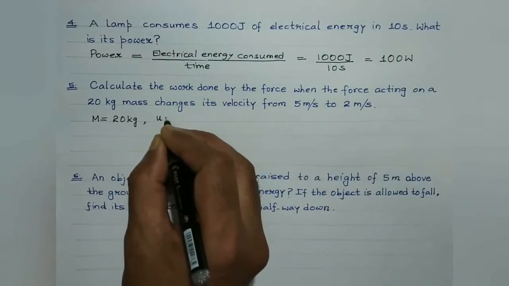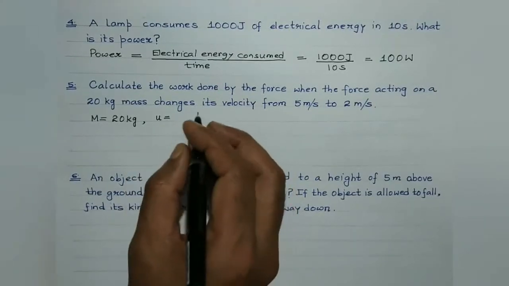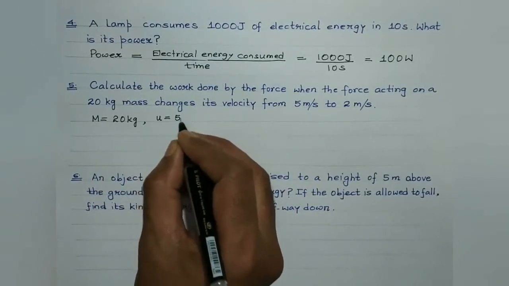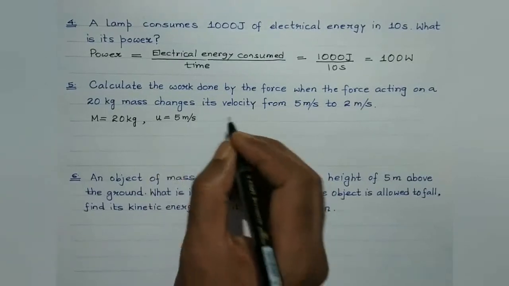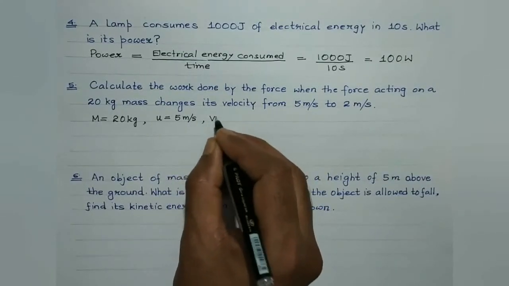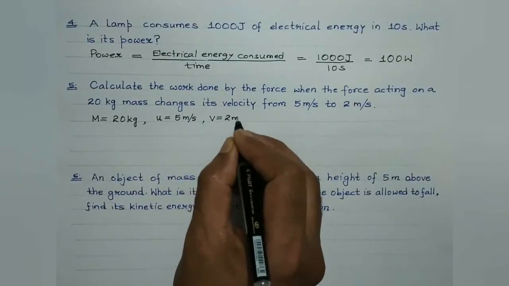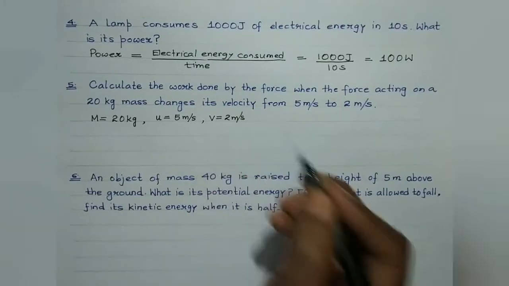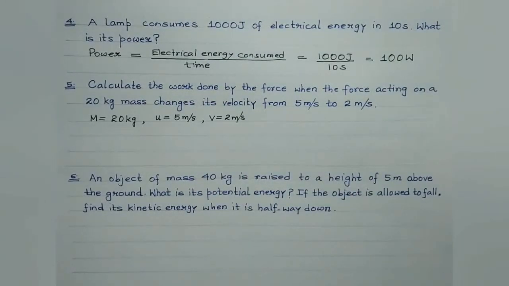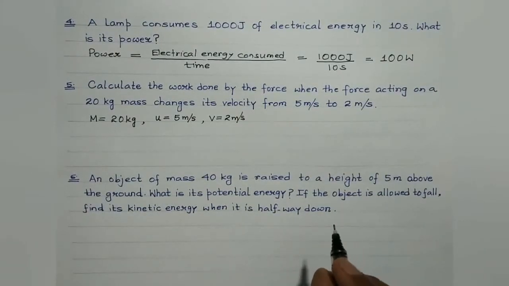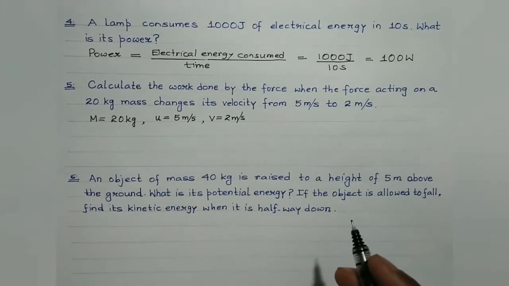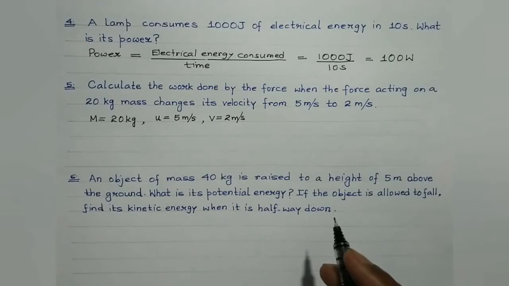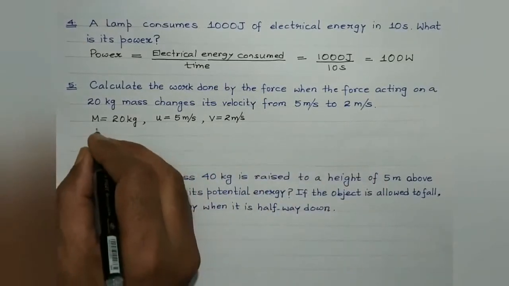So initial velocity is 5 meter per second, and final velocity is 2 meter per second. Right? We are supposed to find out the work done. Look students, as per the work energy theorem we have discussed, whatever work is being done in changing the velocity or the motion of a body gets stored in the body in the form of its change in the kinetic energy. So, as per work energy theorem,